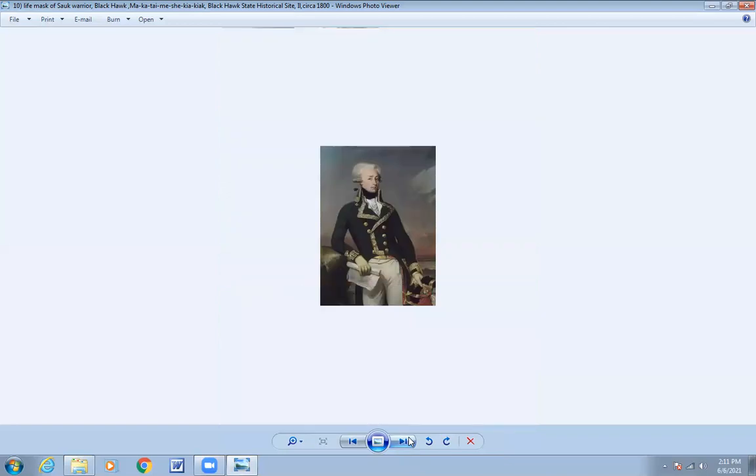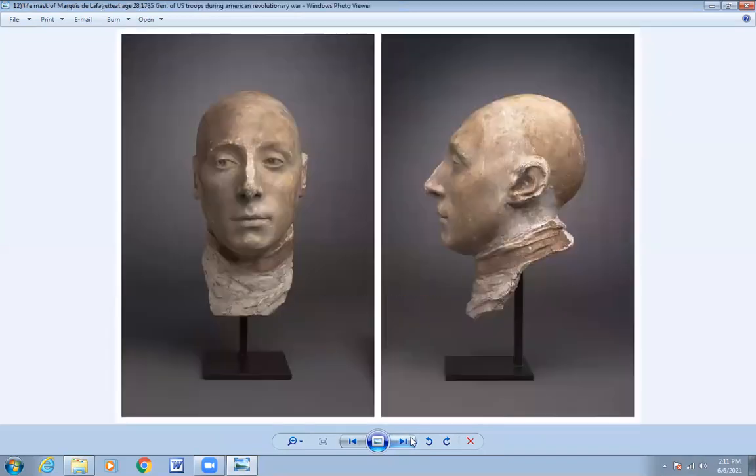Now, this is another person. This is the Marquis de Lafayette. He was a French aristocrat, and at the age of 28 in 1785, he was a general of the U.S. troops during the American Revolutionary War. He wasn't just the general in that war, he was also the general in the French Revolution and in the July Revolution. His life casting, which is this, what we see, front, back, ears, even part of the neck stock